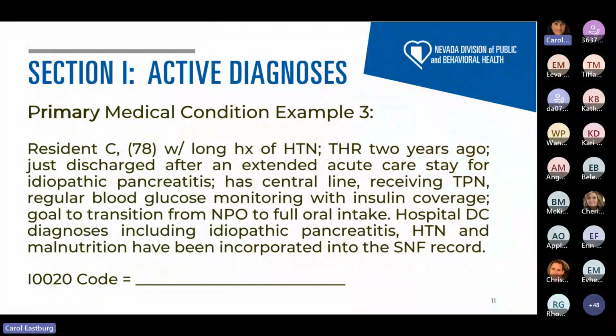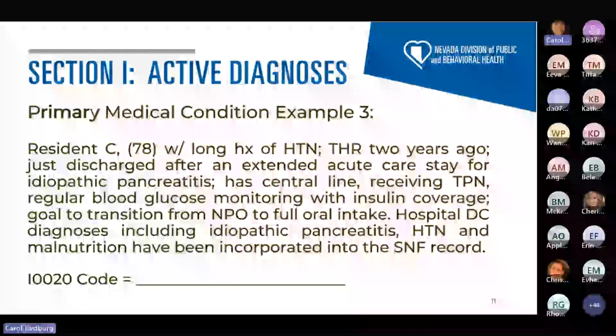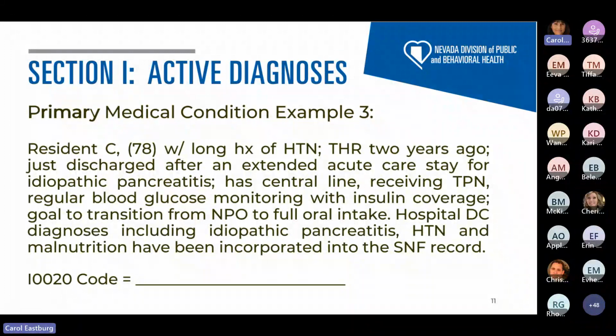Examples of medically complex conditions, according to the manual, include diabetes, pneumonia, chronic kidney disease, open wounds, pressure ulcer or injuries, infection, and disorders of fluid, electrolyte, and acid-base balance. These are all conditions that require close monitoring and possible treatment adjustments. Note that the surgical placement of the central line does not change this resident's care to a surgical category, because central line placement is not considered to be a major surgery.